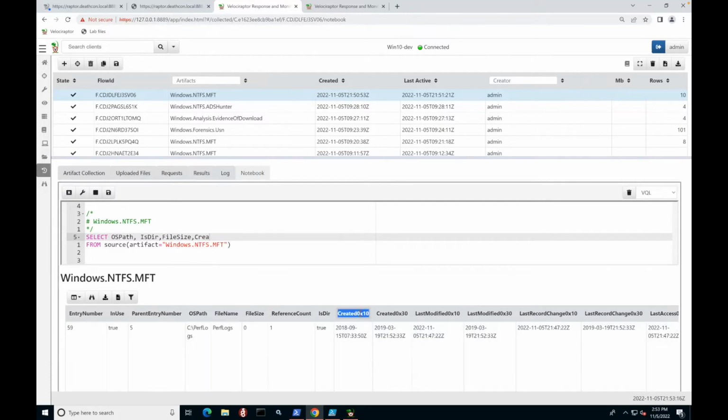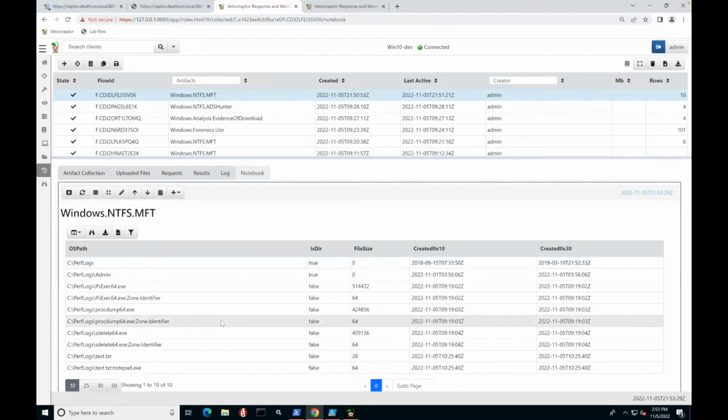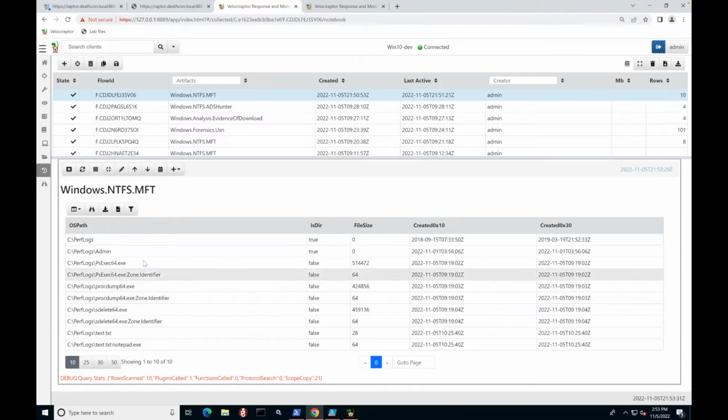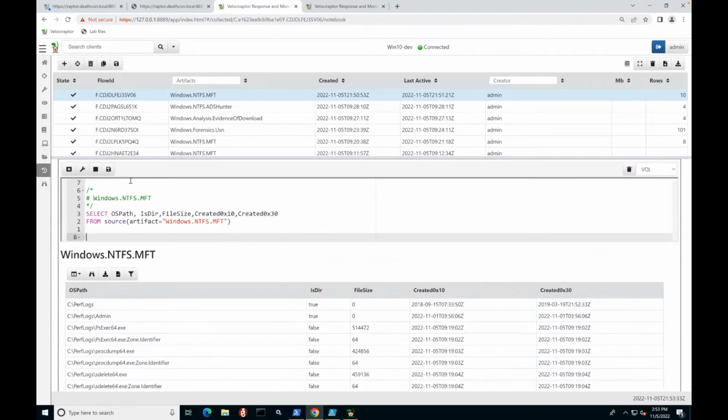It's probably better if I copy it. So we'll just have a quick look. Maybe we'll do created 30 as well. And then we'll hit play. And there are the files we're detecting. So you can see we've got, let's remove the